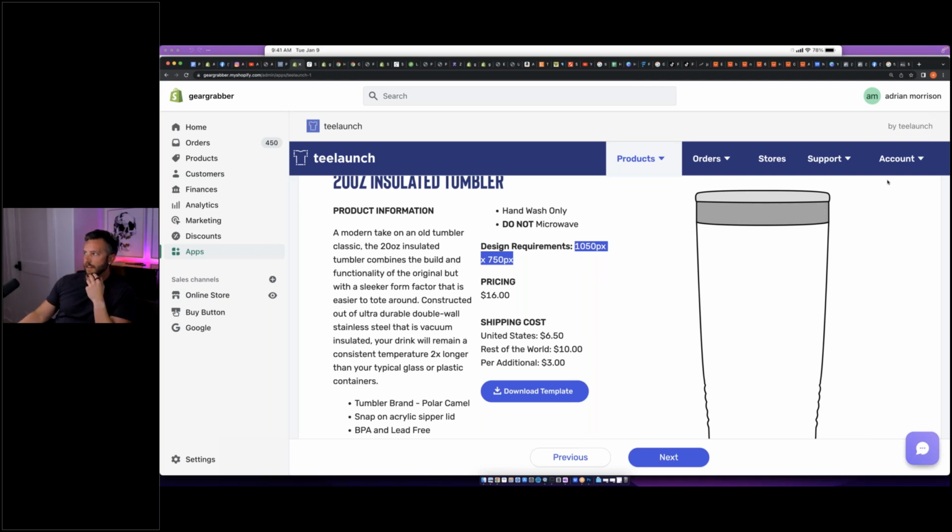But just for the sake of me wasting more time in Photoshop, this is 1050 by 750. So let's open up Photoshop over here and see if I can make this work or if I'm going to look like a doofus again. I'm feeling good. I'm feeling like I'm not going to look stupid and I'm going to make this work.